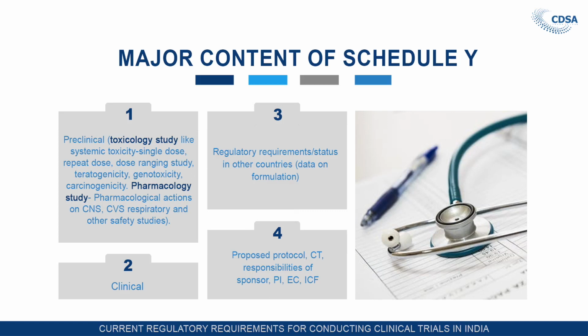Then the next regulatory requirement is the data related to the drug and dosage form, that is its dose, strength, proposed indication. Then, from the chemistry point of view, its molecular weight, molecular formula, then identification of these drugs. That data also has to be given in Form 44. That Form 44 we will see in our subsequent slides.